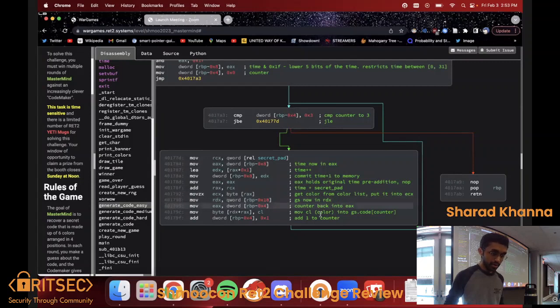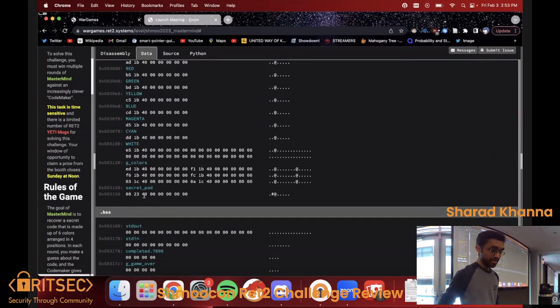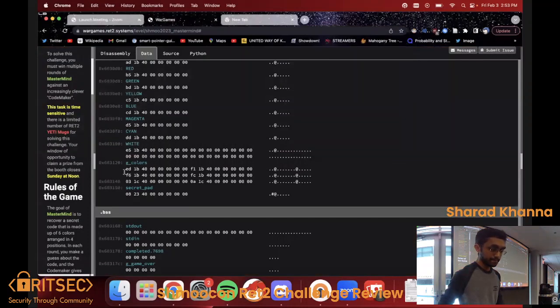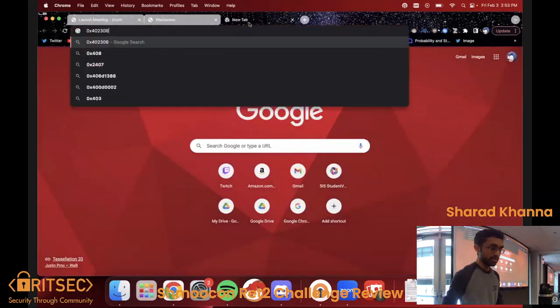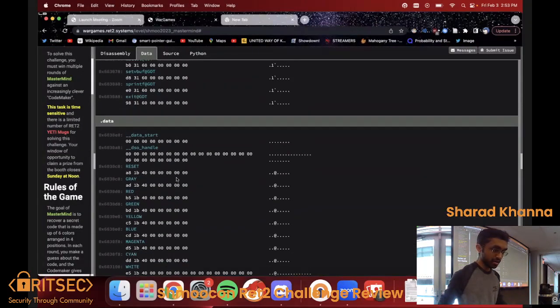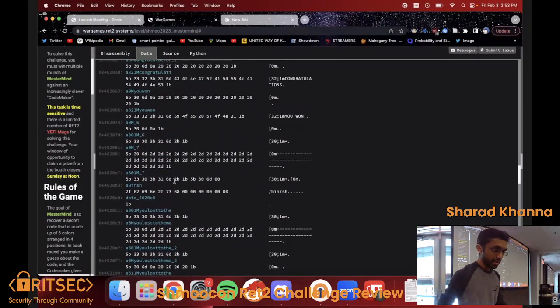And then we get color from the color list. Oh, I remember what's going on here. Secret pad's actually an address. So this is a little endian address. If you write that out in little endian, it's going to be 0x402308. And then if we go to that address in the data section, we'll find that it's actually pointing